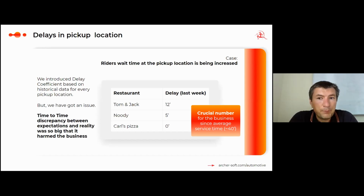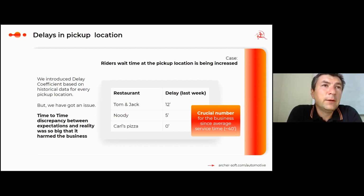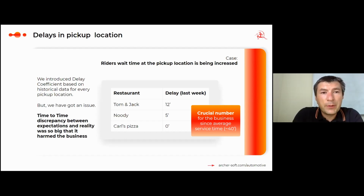But we had a challenge with that because from time to time our discrepancy between expectations and reality was so big that it harmed the business. In food delivery, it's pretty important. For instance, if you order a pizza, it should be hot when it's delivered. But in these cases, the delay index brings some harm, since a pizza or any kind of hot food can be cold when the rider arrives at the point of destination. And we started to look deeper, and we found